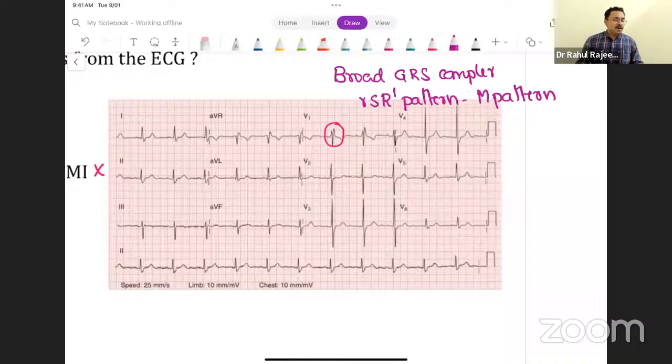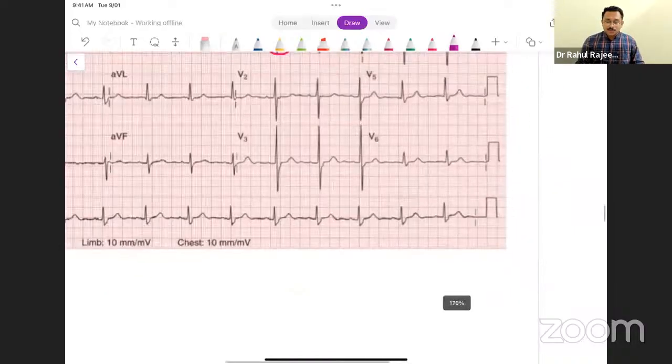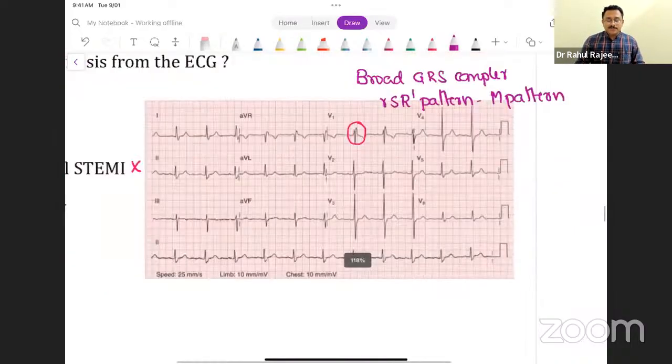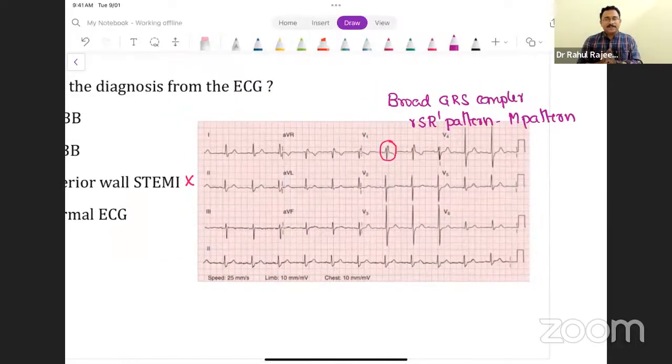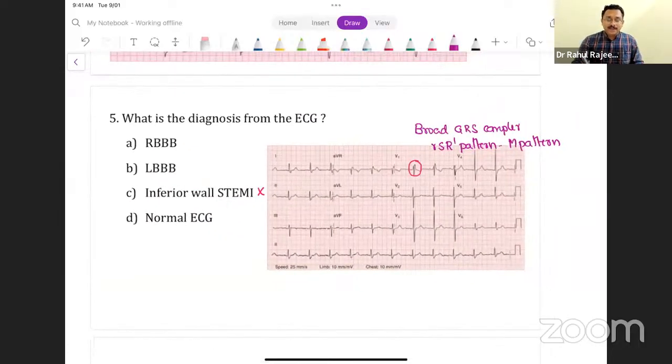I have already taught you this. When you get a broad QRS complex with an RSR dash pattern in lead V1, you should definitely think about